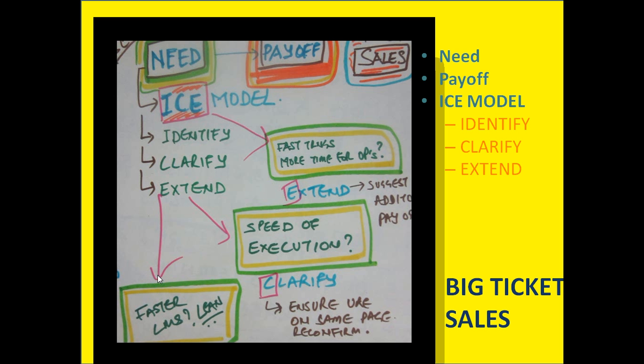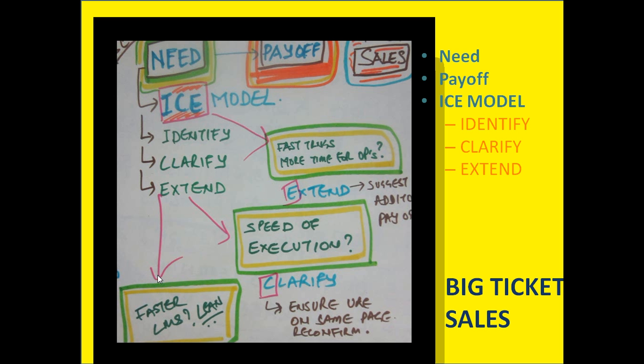You ask them, is it speed of execution that you're looking at? And the first thing they'll say is, okay, fine, yes, we are looking at speed of execution. And that is where the discussion could stop. You could say, wow, great, they want a faster LMS. It should be lean. There should be speed of execution for trainings, so that probably they can all go and have beer in the evening, finish all their trainings fast. But if you stop the discussion there, you will not achieve much.